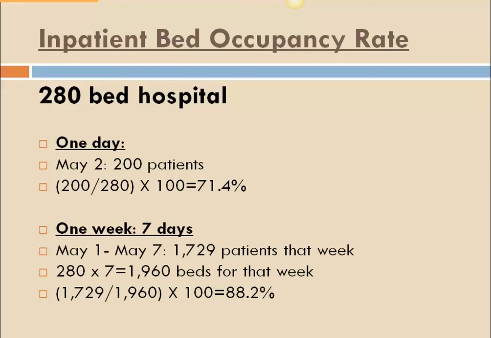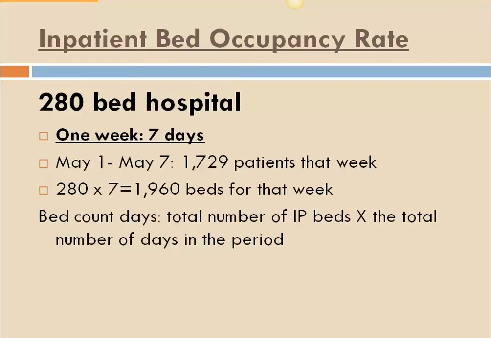So we can plug our numbers in. How many patients did we actually have in care? 1,729. We're going to divide that by the number of beds that could have been filled, 1,960, and then multiply by 100 for a solution of 88.2%. Okay, when we were calculating that number